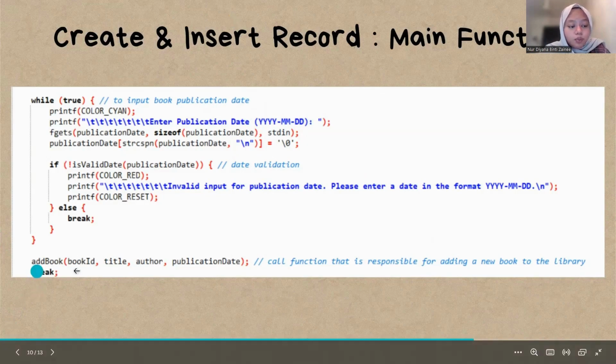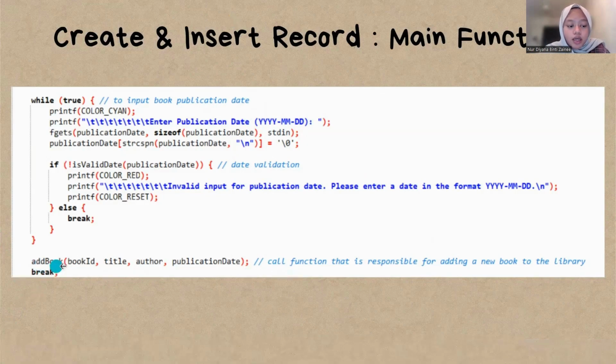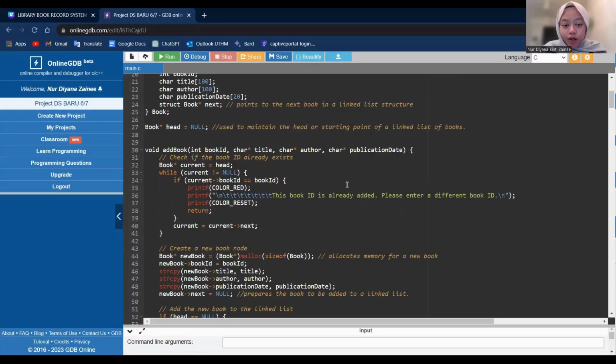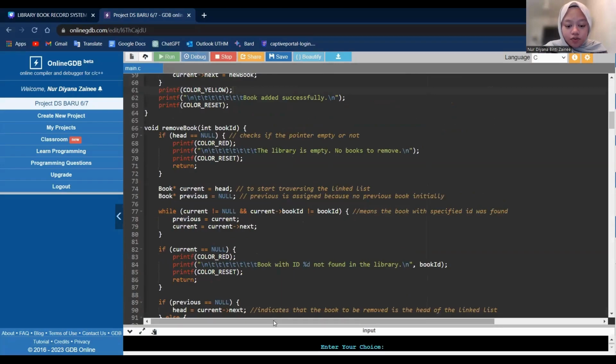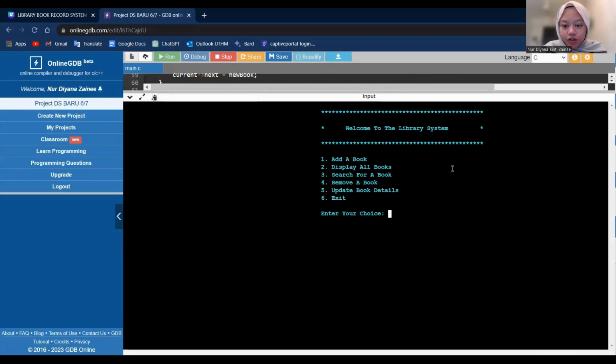For the add book, for the call function, we also add the add book where the parameters have been entered. Okay, for the next, I will proceed with the demonstration of our project. I will try to run the project code to see the interface. Okay, so this is our interface of the library system, where I have to add a book and